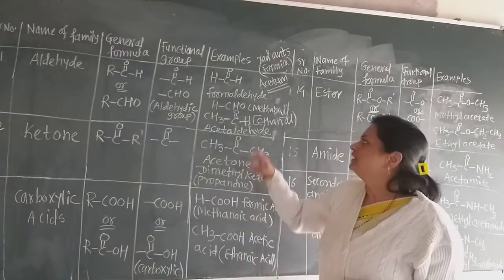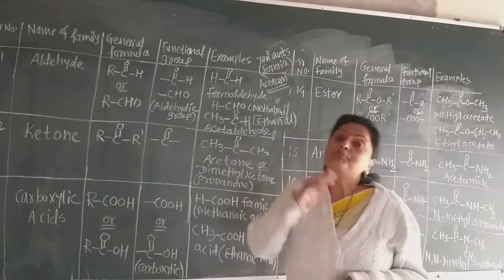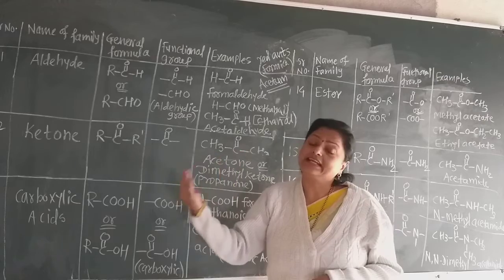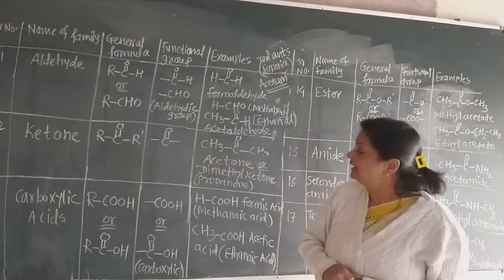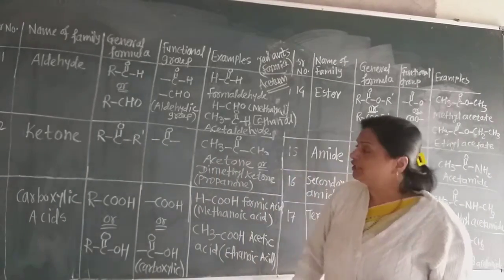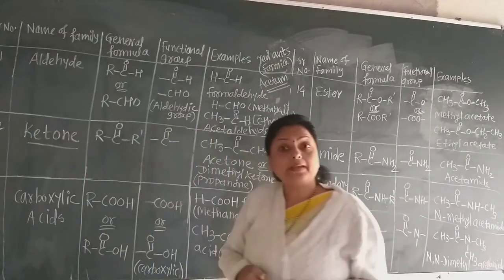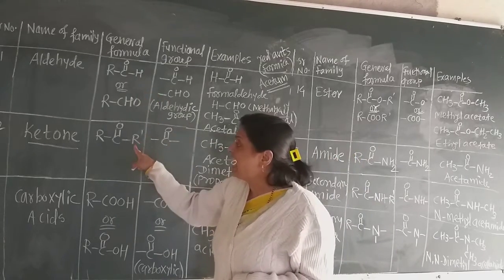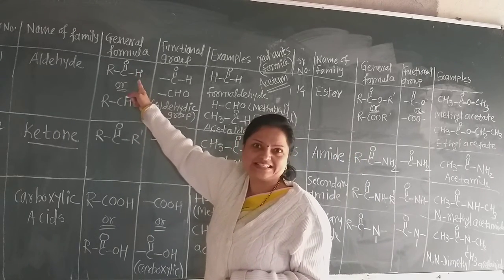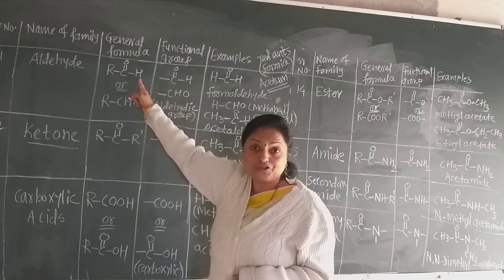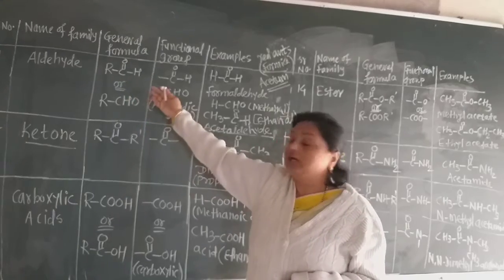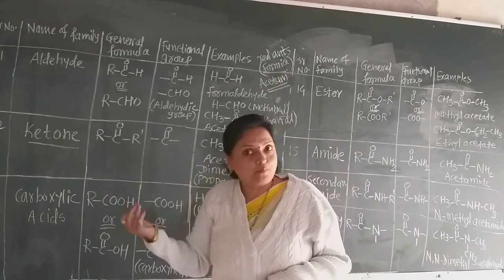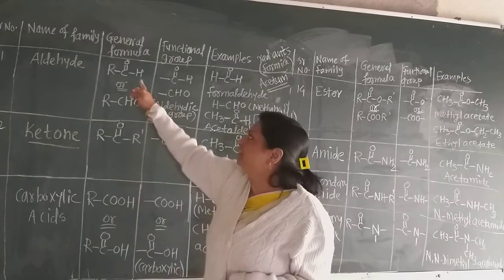Remember that. Now there are propanaldehyde, butanaldehyde. According to the number of carbon atoms, names are given to the aldehydes. Now the next family is the ketone. This is also a very important family. What is the difference between aldehyde and ketone? The only difference is that in aldehydes hydrogen is compulsory on the carbonyl group, and due to that hydrogen atom these aldehydes are called reducing agents, because they reduce another compound by giving the hydrogen atom.